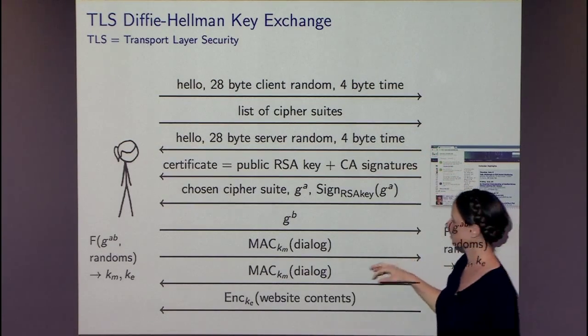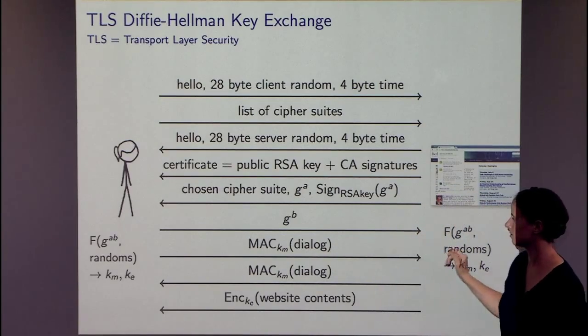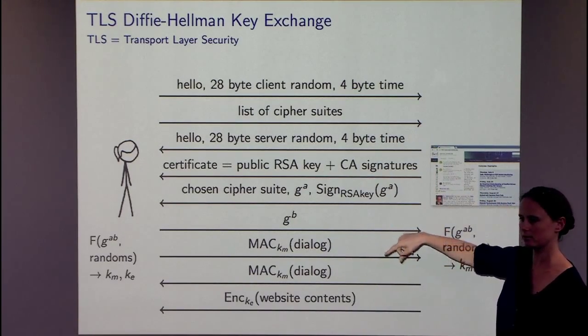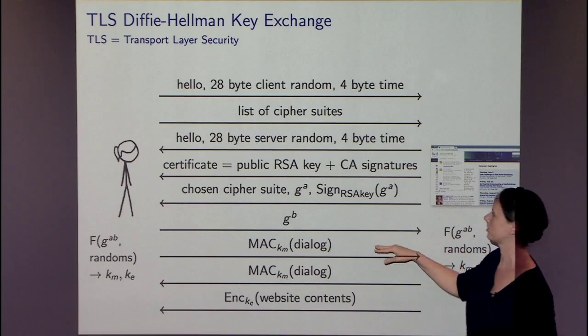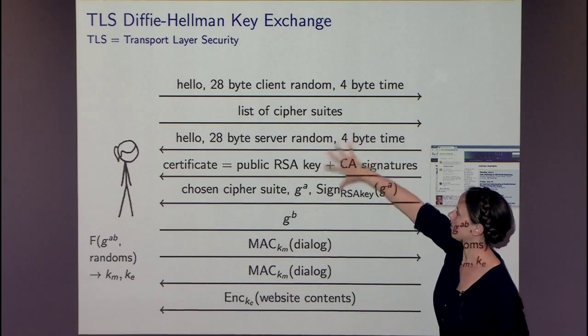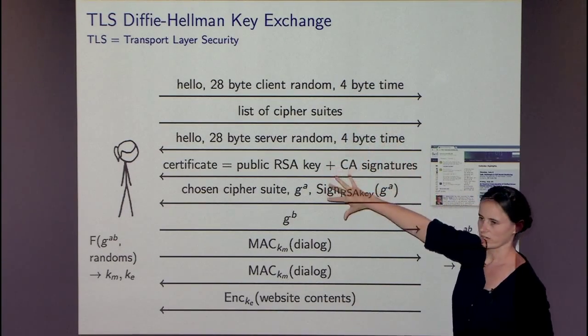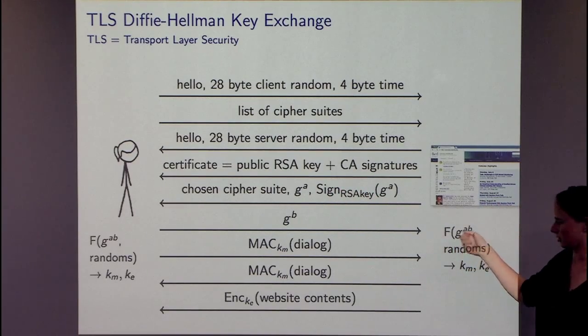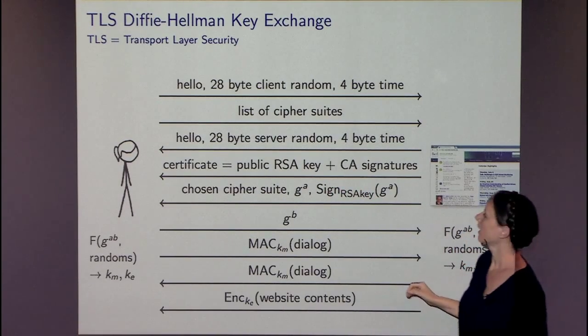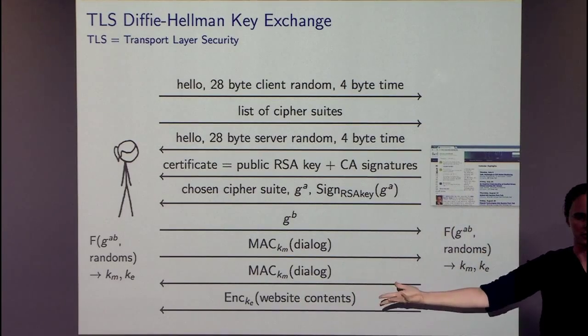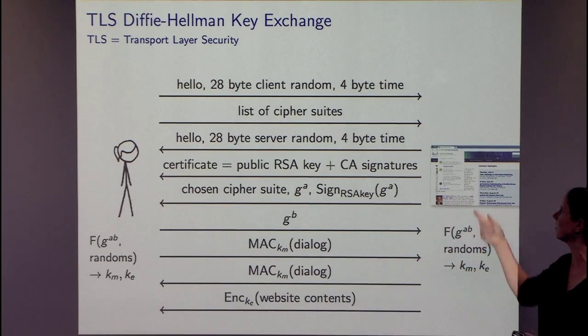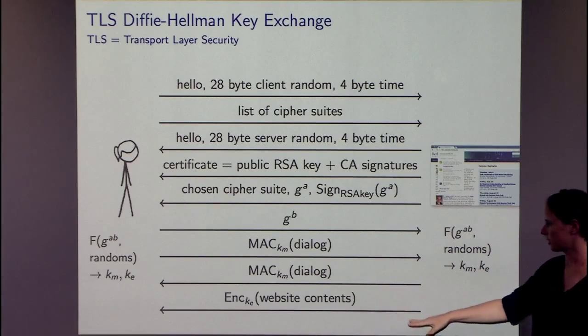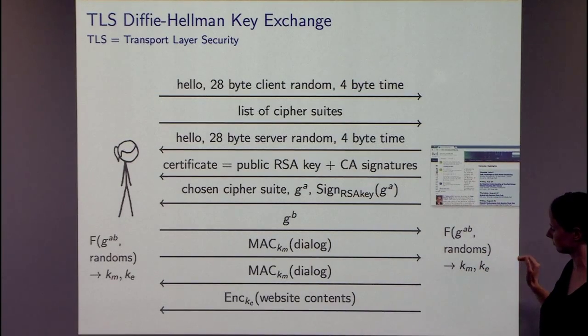And then we exchange MACs of the full dialogue here, or hopefully the full dialogue, in order to make sure that we both agree on what this handshake looks like using our shared secret that we've derived here. And then Alice sends over, hey, can you send me index.html, using symmetric encryption,